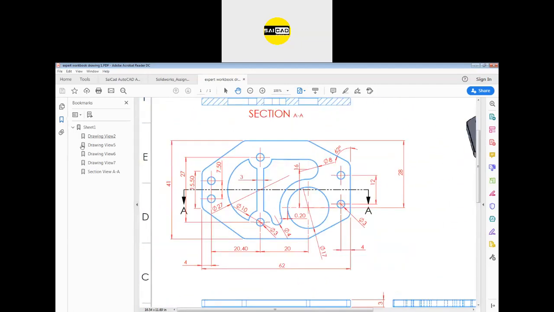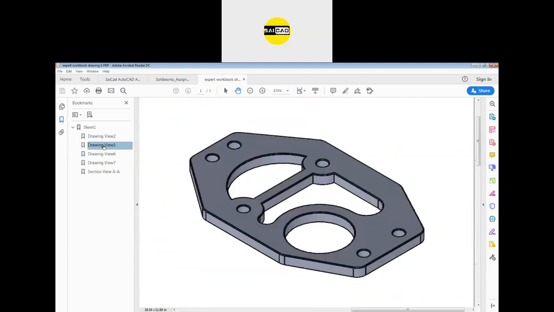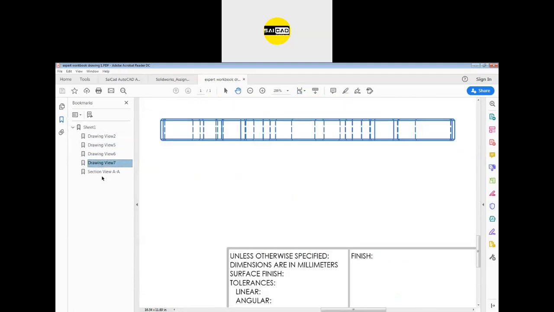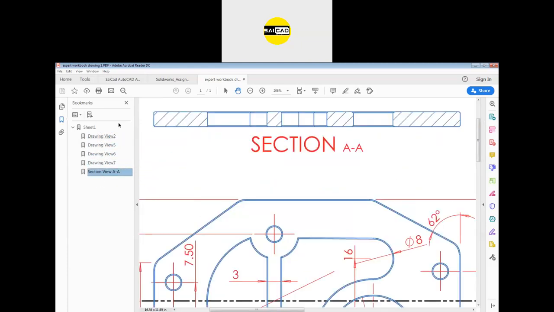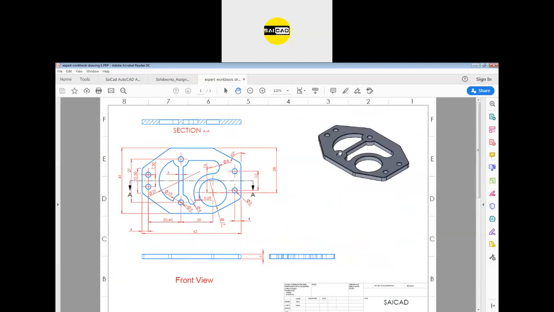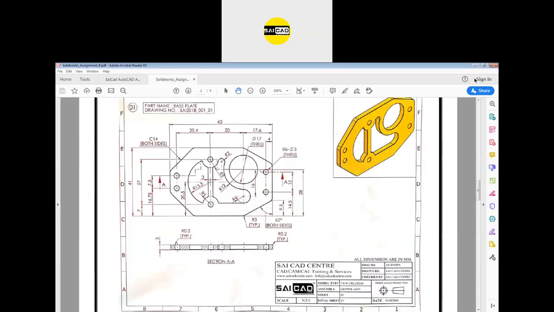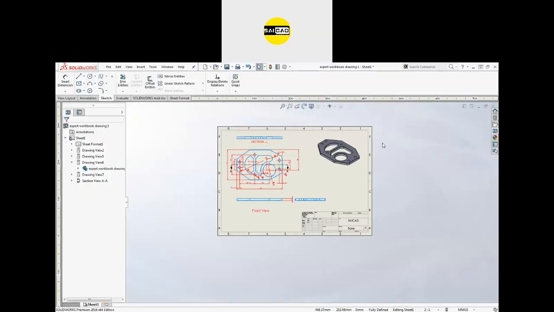If you see here in the sheet 1, we have some options. This is the one view 2, view 5, view 6. You can just zoom into a particular view from here also. Okay, views are also imported in the PDF. So in this way, you can create your drawings. Close. This was it for today.